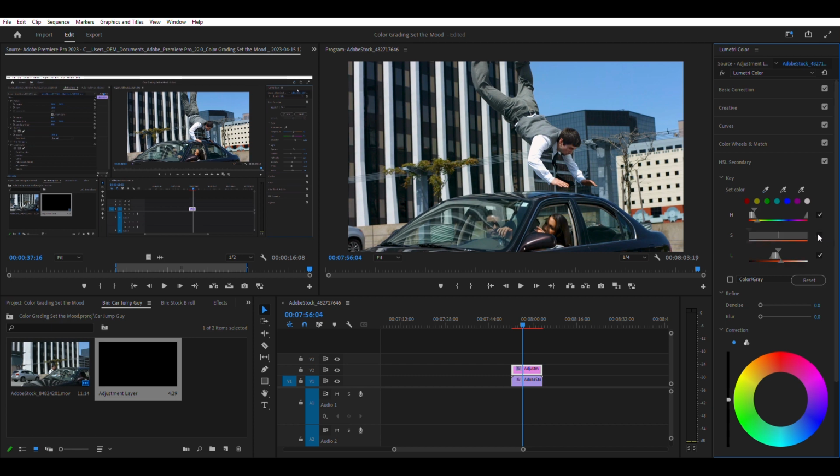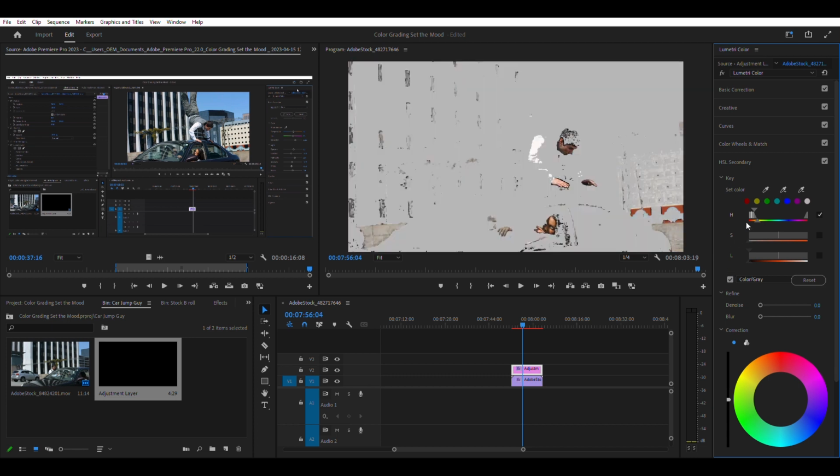Once you've done so, be sure to deselect saturation and lume. Checkmark the color gray and then edit your hue to the way you like it. This is so we're only selecting the skin tones to add our orange to. Once you've done so, move up or down the denoise and blur to get rid of that pixelation. Once you've done so, go over to Effects Control